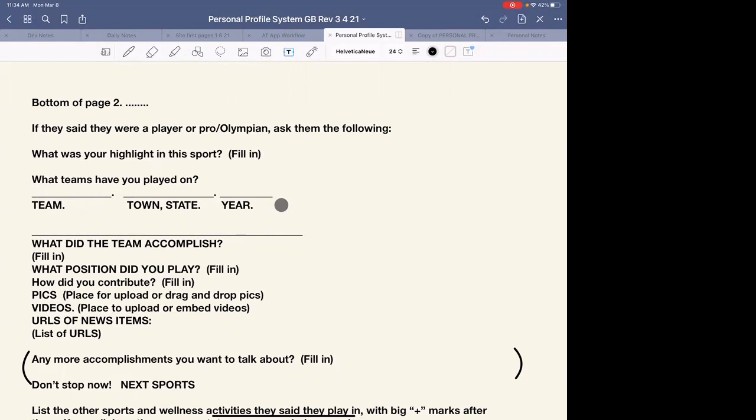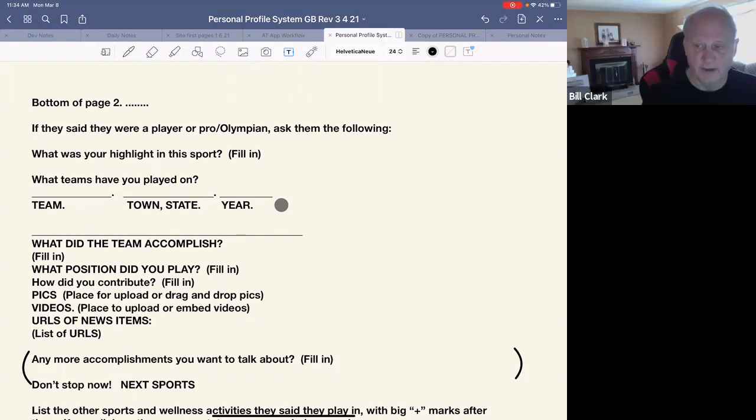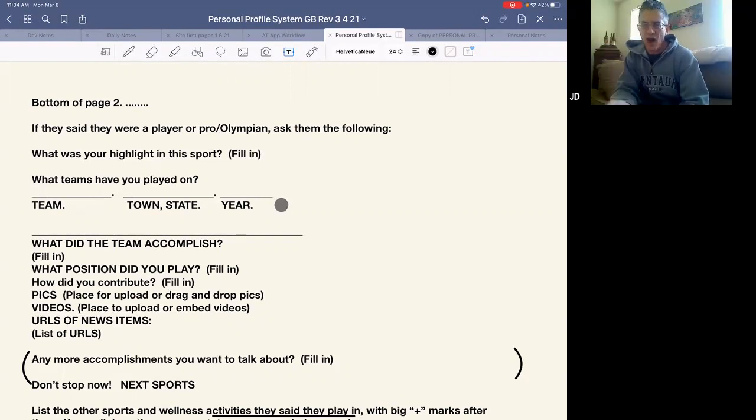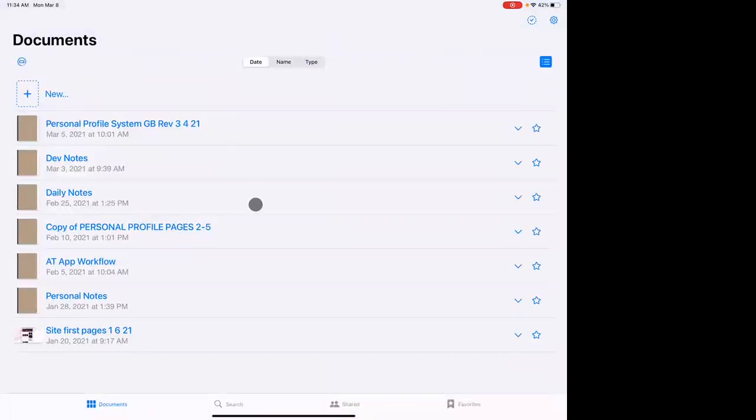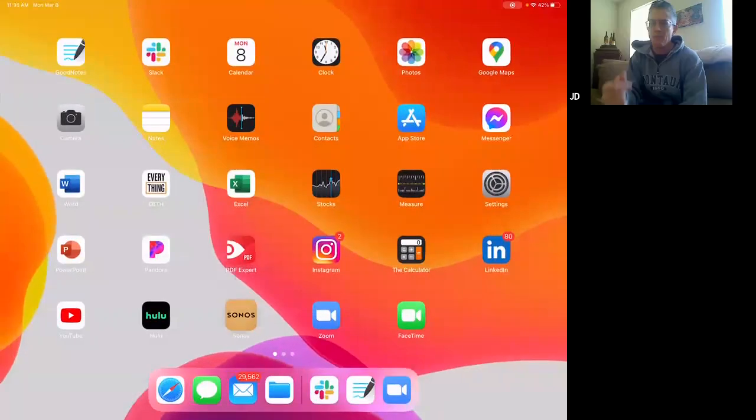I would think that's what it should do. It should say, do you want to continue with your profile questions, or do you want to go check out tennis or something? Right, I agree. This is what needs to be defined as to how that's going to work for the users, so that we can articulate that to the development team, as to this is what we want to do. So we have to look at those various scenarios. I'm filling it out for the first time. I'm coming back to an incomplete profile, or I'm updating an already complete profile.